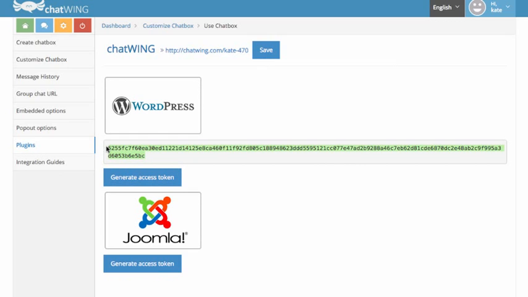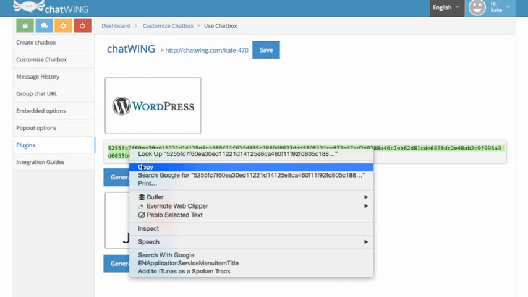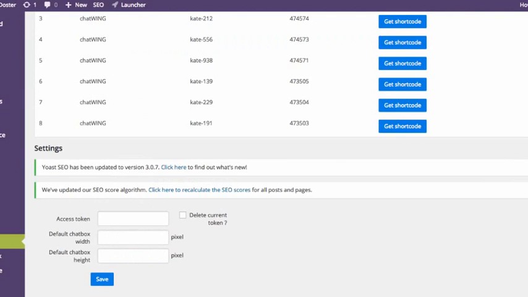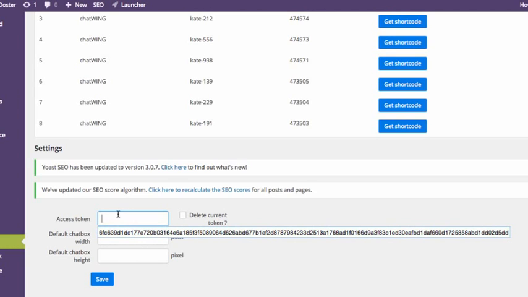So we're going to go ahead and copy it, bring it back over here to where it says access code, plunk it down there,